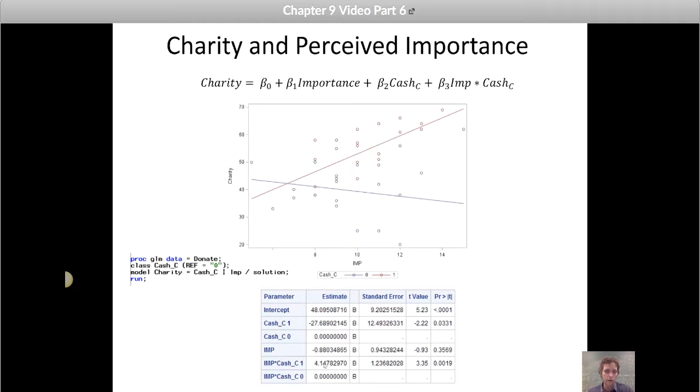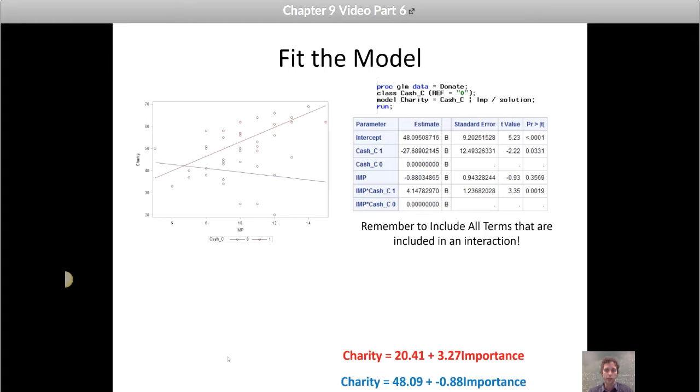The null is beta 3 equals 0. The alternative is beta 3 is not equal to 0. There's my p-value. I reject the null that beta 3 equals 0, and that is my best estimate. It's probably not actually exactly beta 3, so I can get a confidence interval out here, any confidence you want, again, by putting CL parm in here. So that's an example where the charity actually meant something. That's the one where the adjustment to the slope actually was